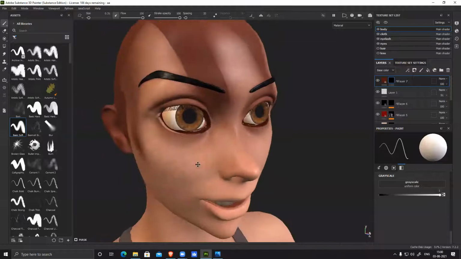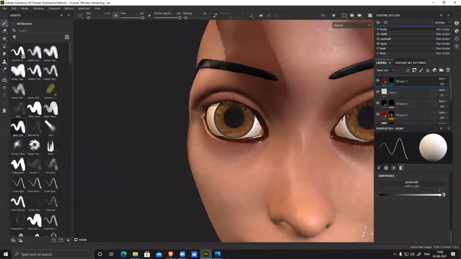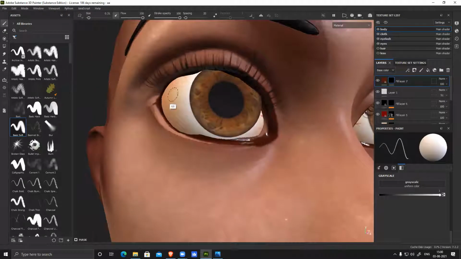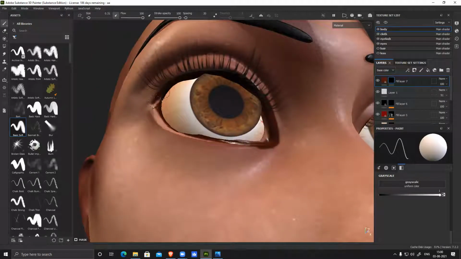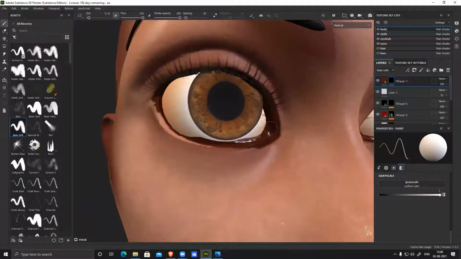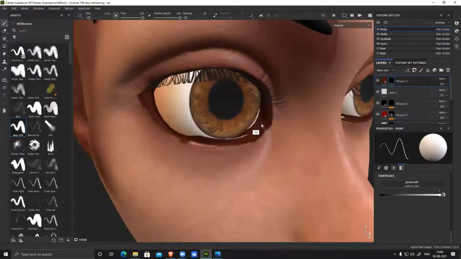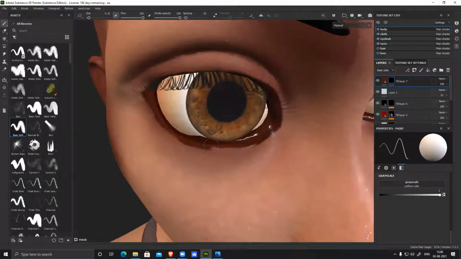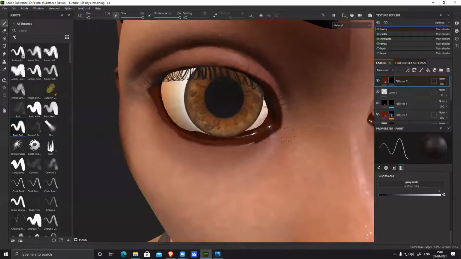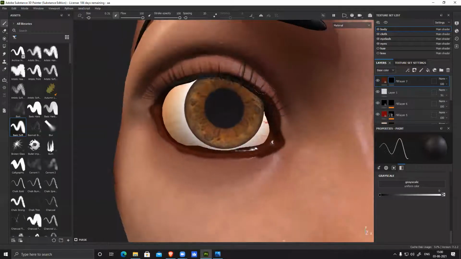Okay, symmetry is not working perfectly, I believe. It's outside here. And where is this eyelash? That extra part, get rid of that area. And it looks like a cutout.